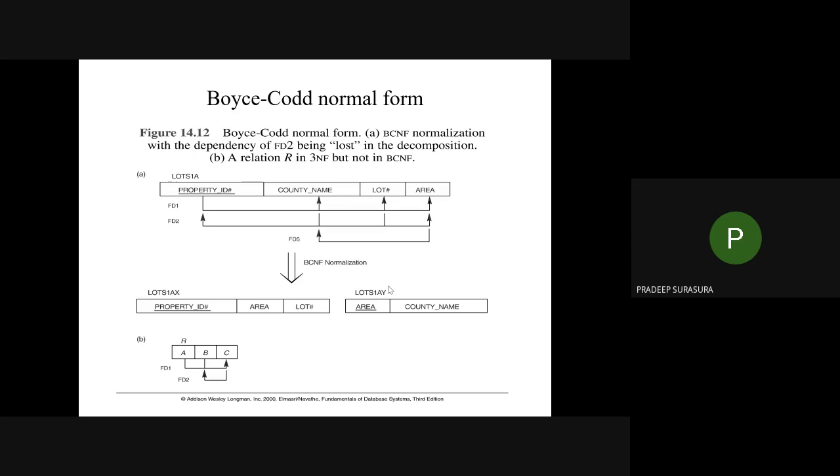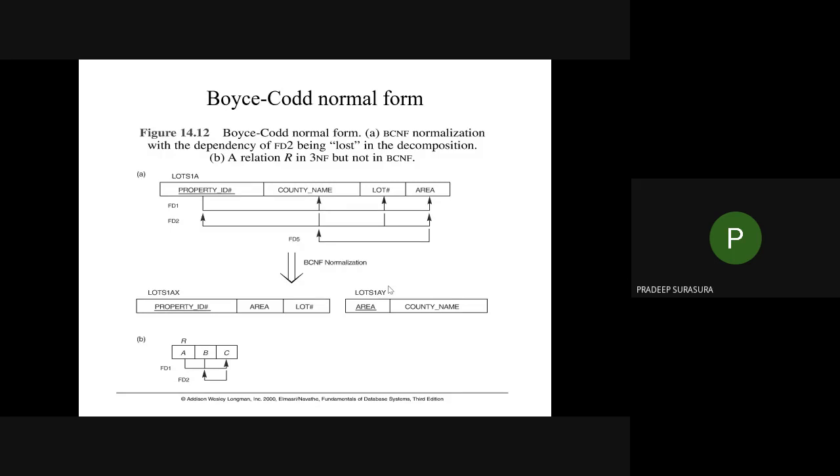So what I mean, for example, imagine a country which is having a common area, or the whole country has the same type of areas. I mean, for every citizen of the country, one specific area only is given. If we say like that, or all the areas are divided equally, imagine like that, then we can determine one more FD like area determining country name. So when I consider this FD, this is one more FD, imagine like this.